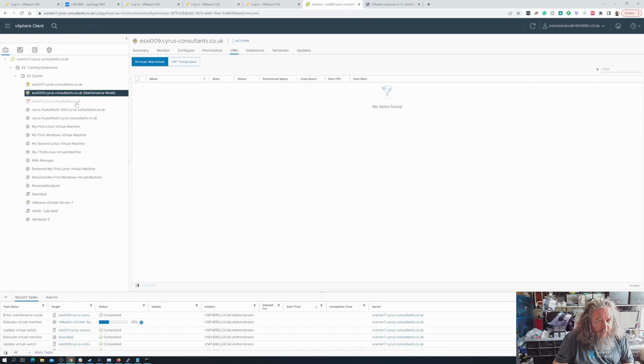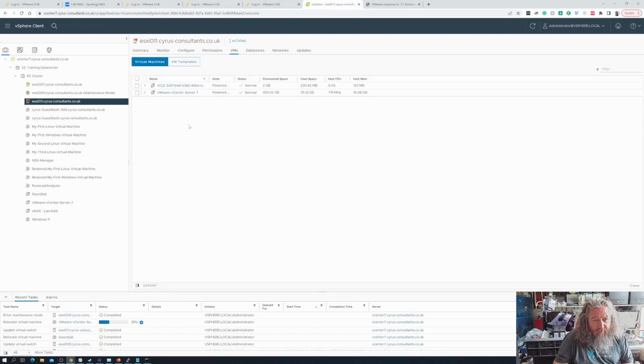That's in maintenance mode, and we're going to wait for this final VM here to migrate off. Obviously this is a larger VM. It's 16 gig of RAM, 2 CPU cores. So it's going to wait until the machine is less busy before it finally actually swaps that over to the